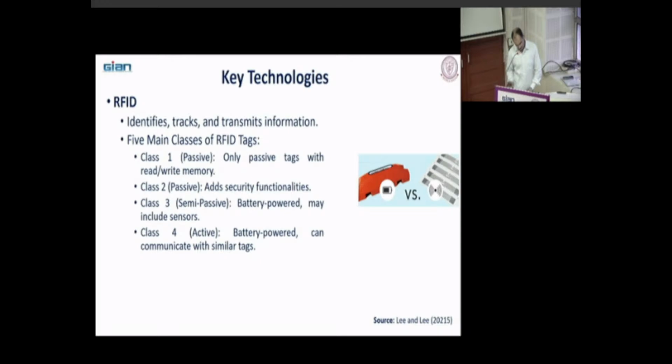Active RFID communicates. Active, can activate other tags and connects directly to backend networks. What is the purpose of this, can activate other tags? What do you mean? Active, can activate other tags and connects directly to backend networks. So basically, there is one RFID tag active. So with the help of that tag, whatever data it is collecting, because of that you want to activate another tag, then you can do that here. Okay.